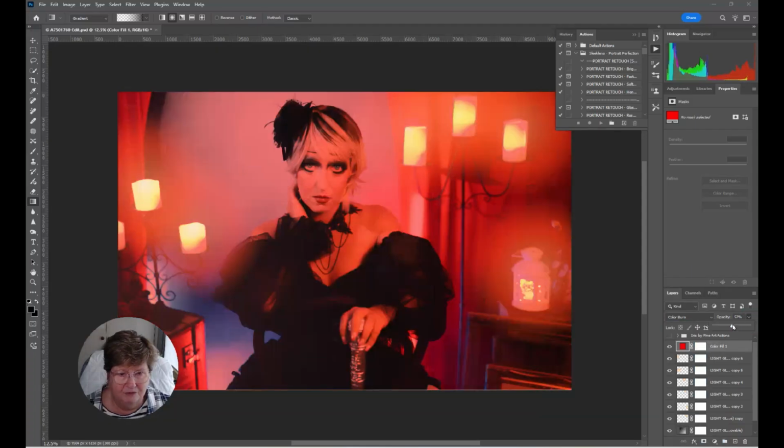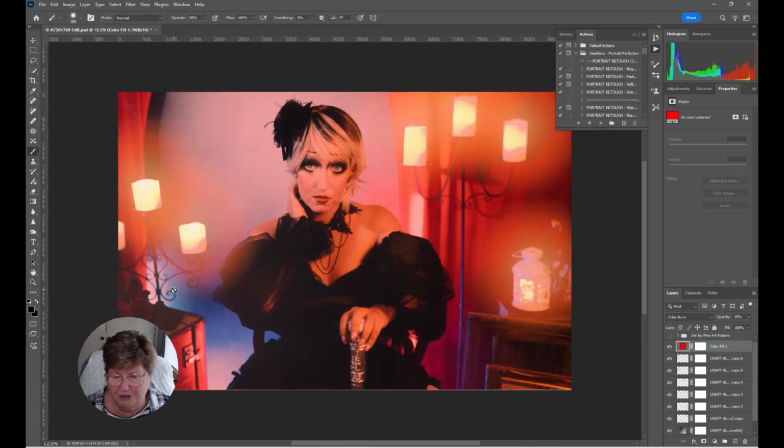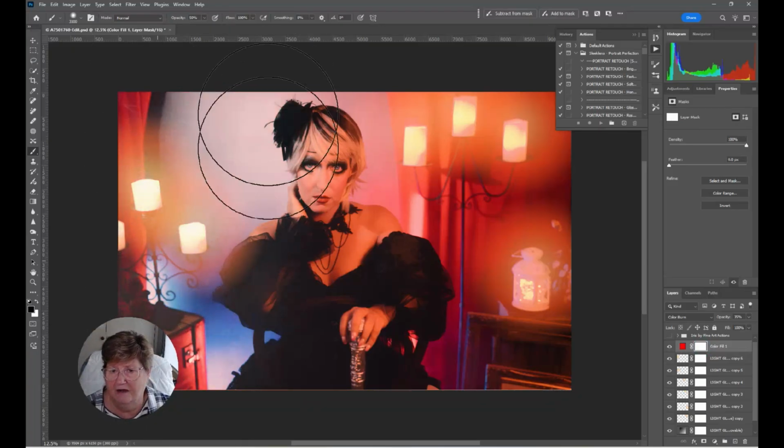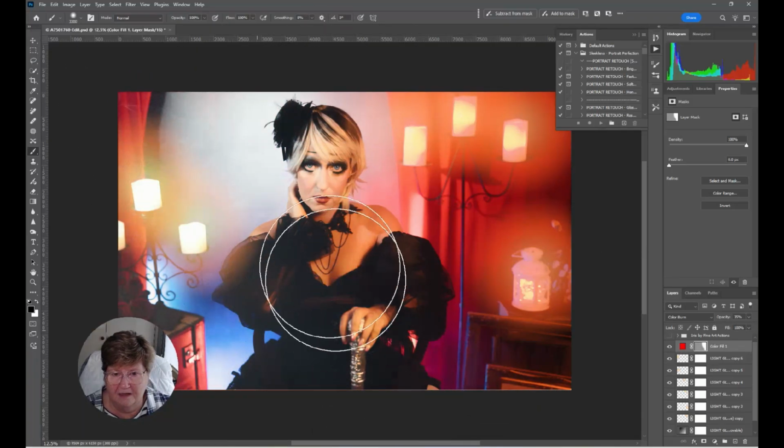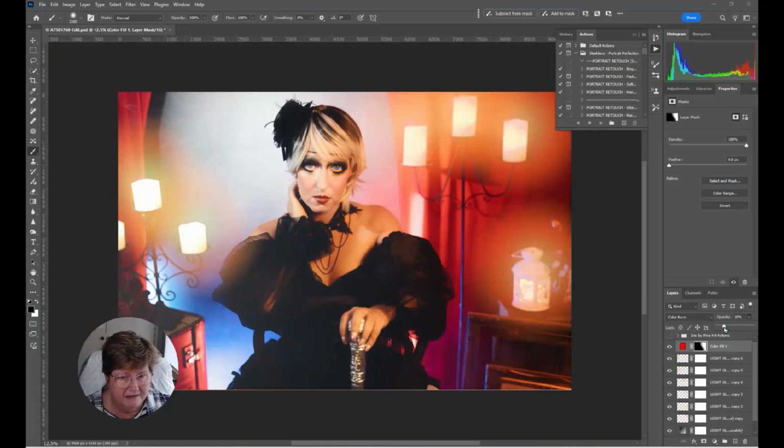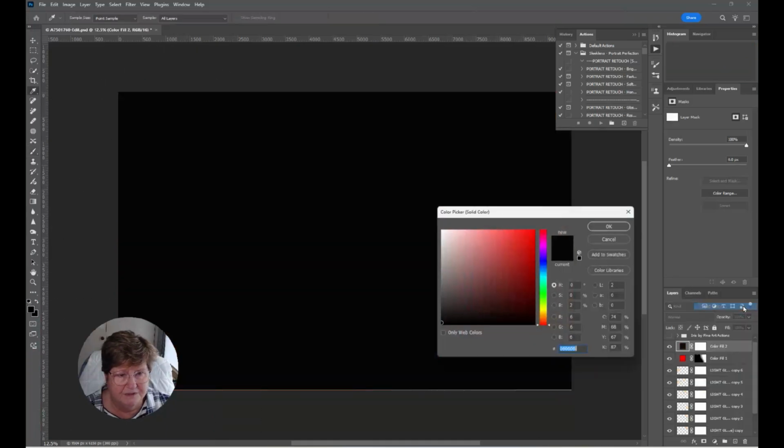And then I'm going to drop that down a little bit, and on the mask, because it's a bit too much over most of the image, I'm just going to take that off. And probably bring that down a little bit further. Now over here it was very blue, so if I come in, do a solid color again,